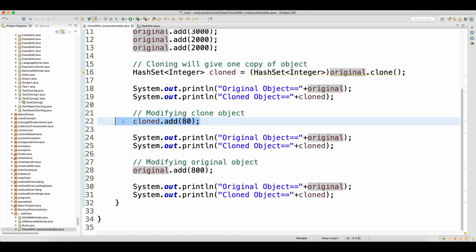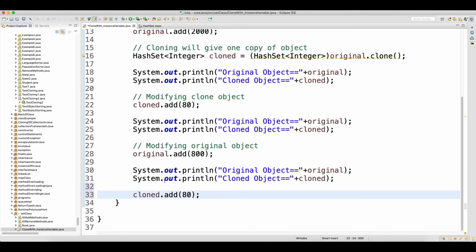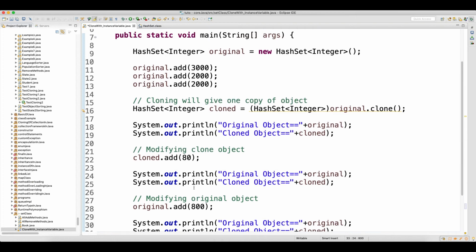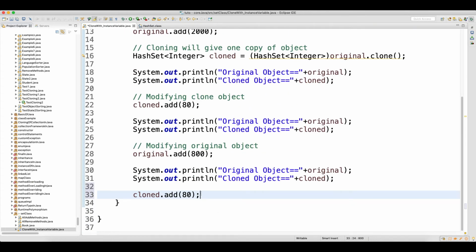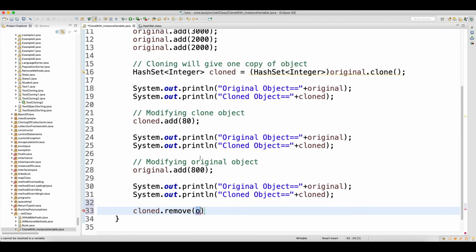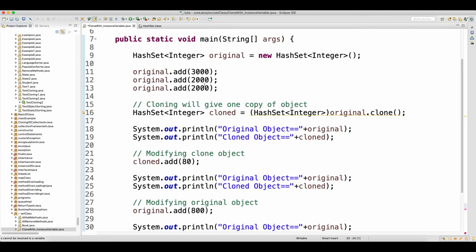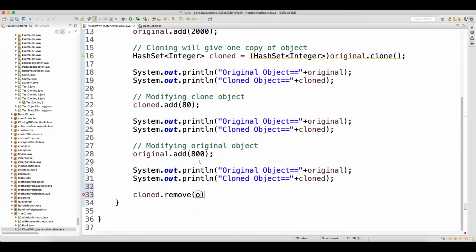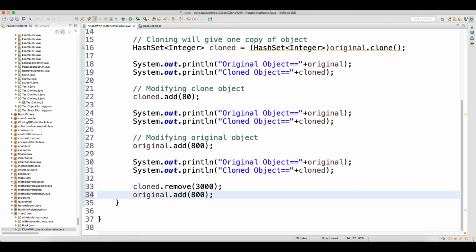Now we can do one more thing. On the clone there is a method called remove, so from the cloned I will remove 3000, and from the original I will remove, let's say, 2000.